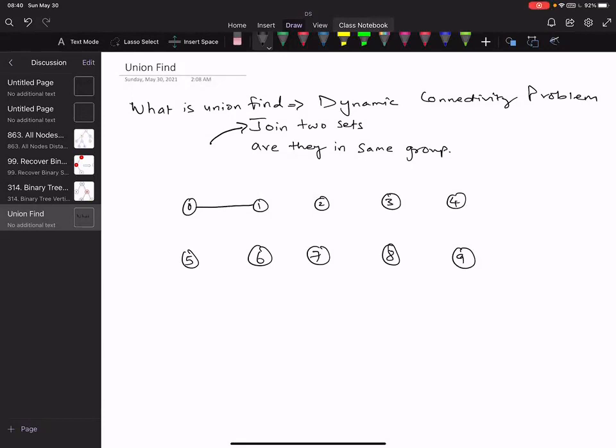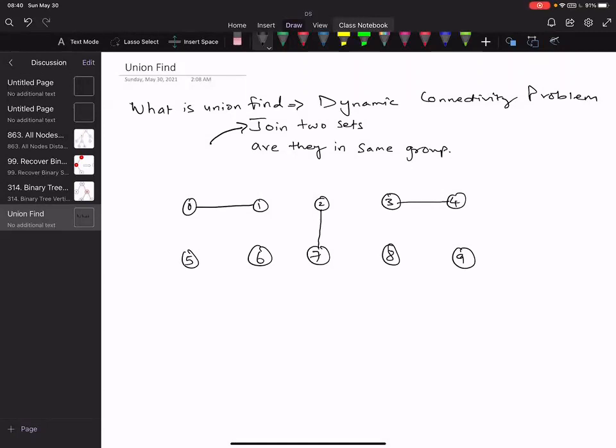Then I can say join 2 and 7, and join 3 and 4. Now, after doing three joins, I want to say, give me all my components, how many components I have. So in this case, how many connected components do I have?